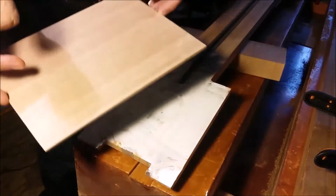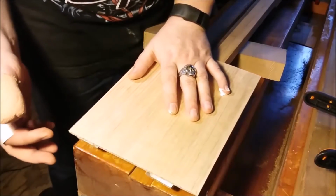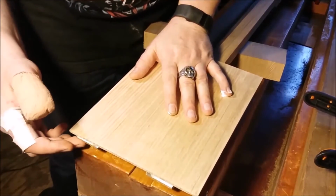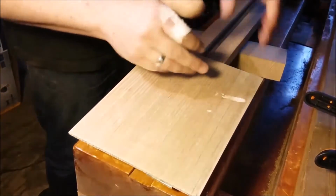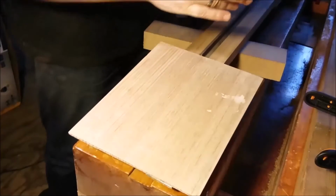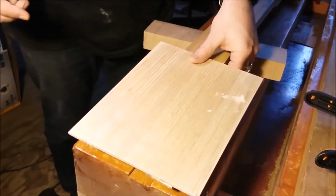Now I've already sanded this down to 240 grit, which is pretty smooth, but I'm sure I will sand it further. No, I want to get glue on. Well, I'll have to sand it now if I get glue on the front of it, which I really don't want to do. Okay, now